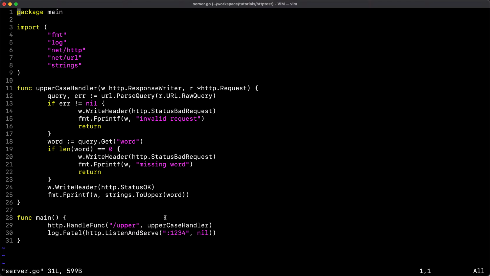The way the server is wired up, you can see here in line 29 we have an upper method, so we have a routing into the upper path, and then that is associated with our uppercase handler, and the uppercase handler is going to read everything from the raw query. When it reads the information from the raw query, so from the query string, it's going to read the word key, and then it's going to return